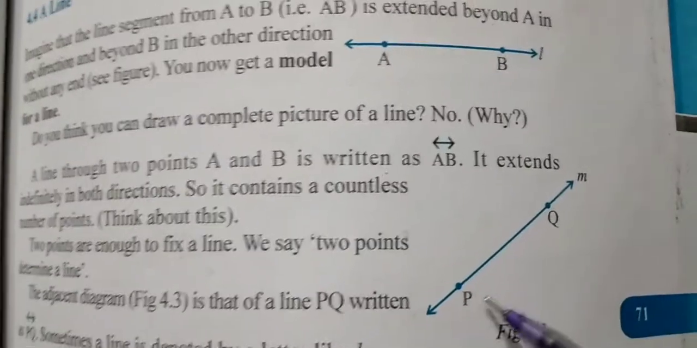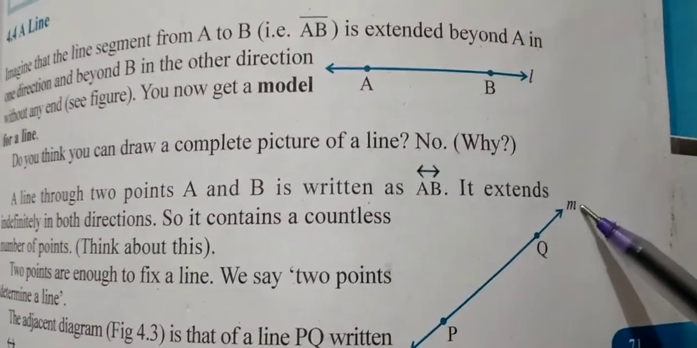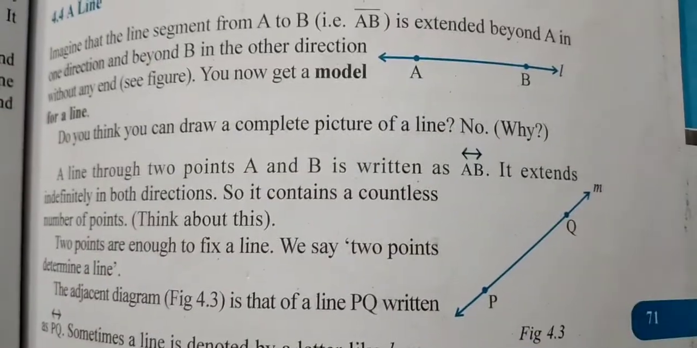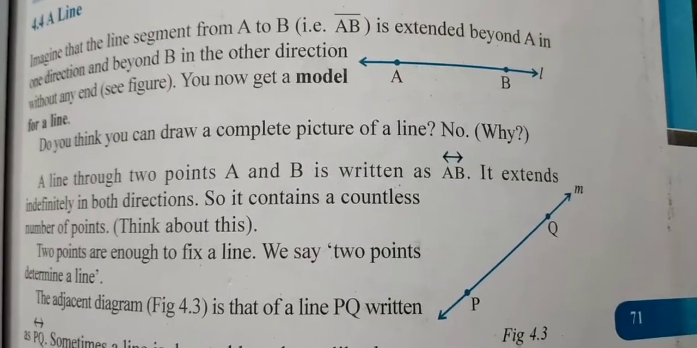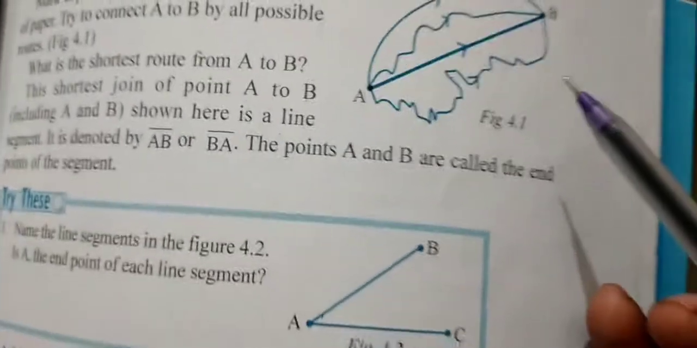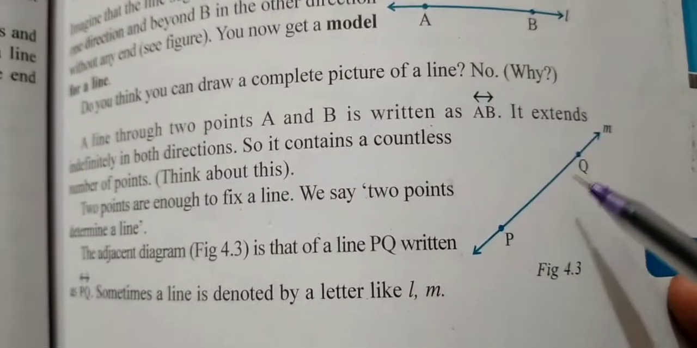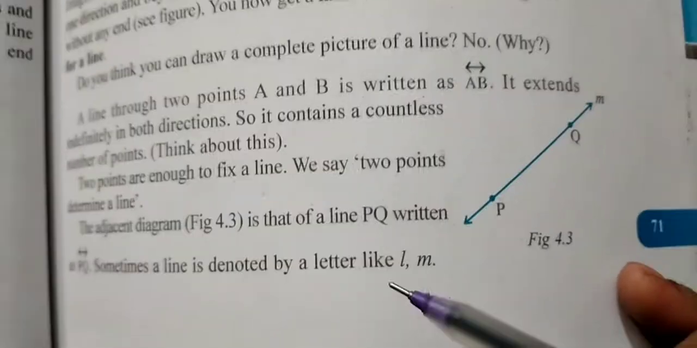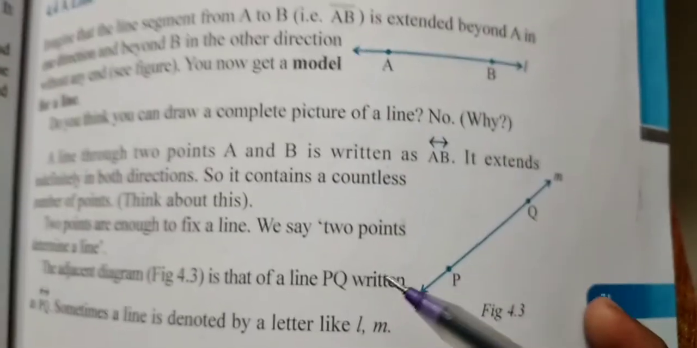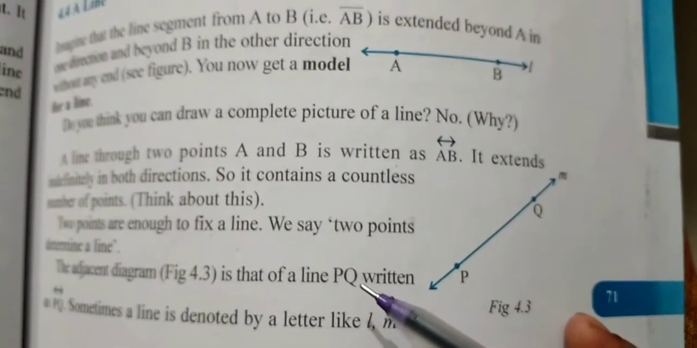Here you can see line PQ or small letter m, which represents a line. A line never has endpoints. It cannot be measured. A line segment can be measured because it has endpoints, but a line cannot be measured. Small letters l, m, n can be used for denoting a line,